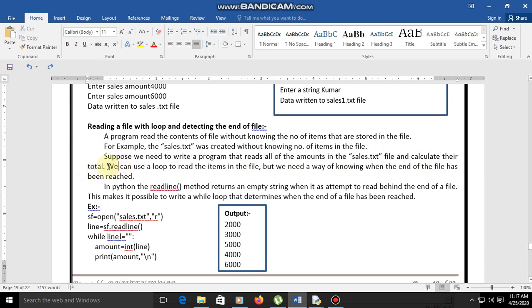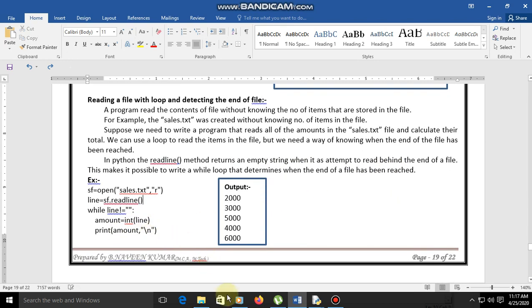Then we can use a loop to read the items in the file, but we need a way of knowing when the end of the file has been reached. In Python, the readline method returns an empty string when it has attempted to read beyond the end of the file. This makes it possible to write a while loop that determines when the end of the file has been reached.